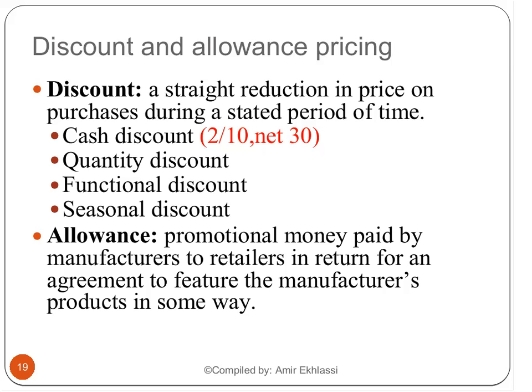The two smartphones are the same, but one has FM radio and one has no FM radio, so this one will be cheaper. That is functional discount. And another thing, seasonal discount. Seasonal discount means, for example, some clothes are good for winter. If you want to buy them in the first days of summer,